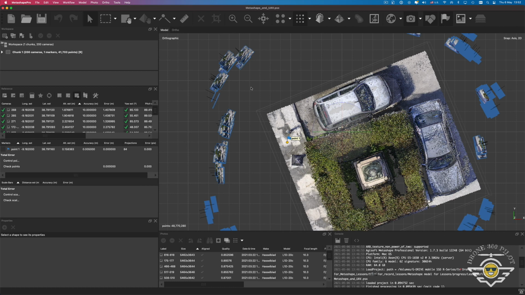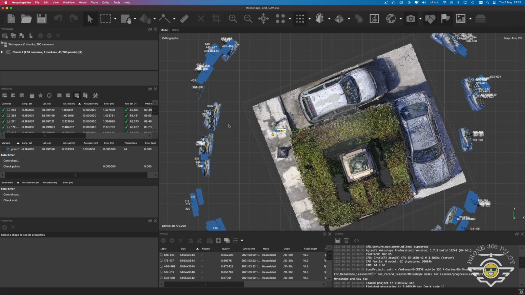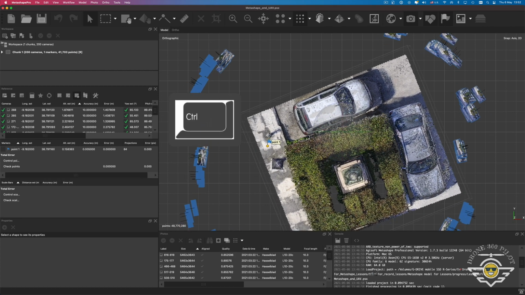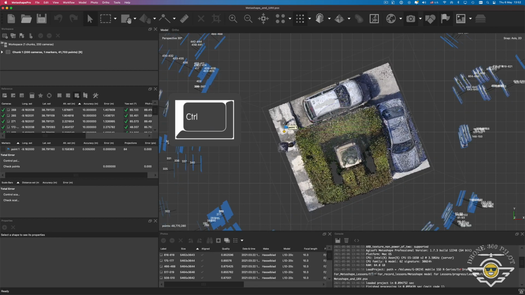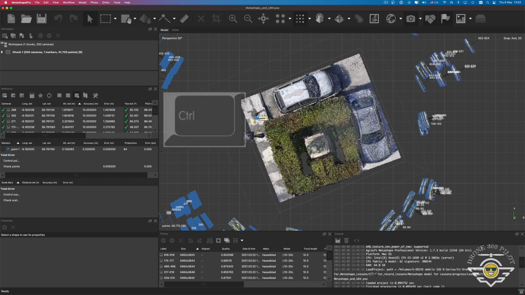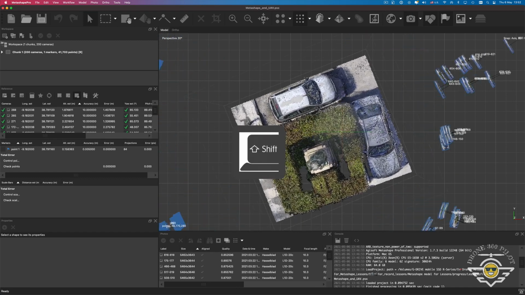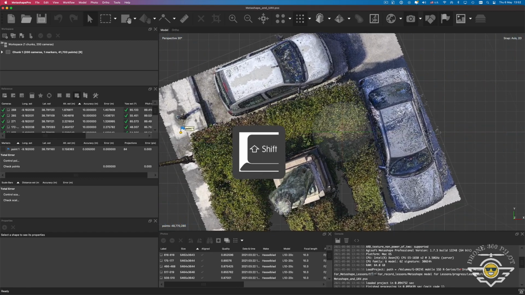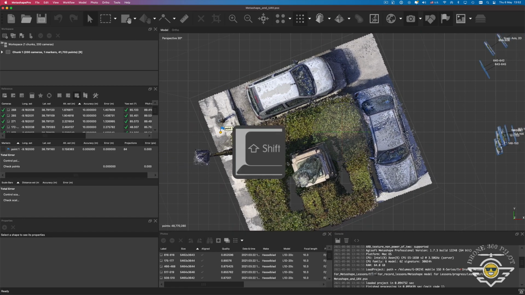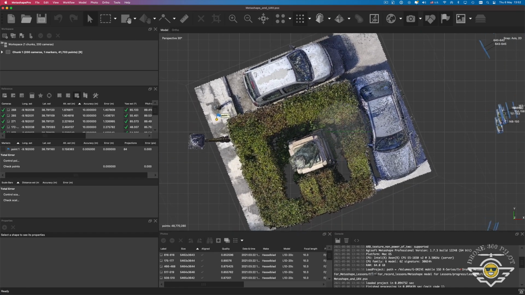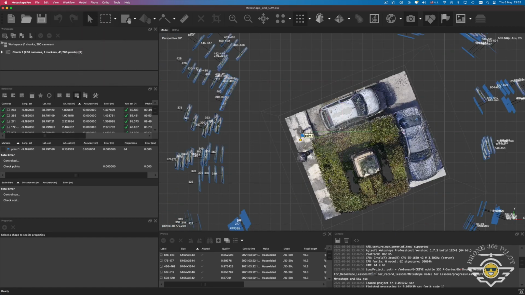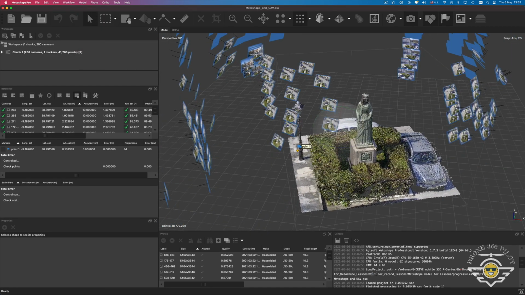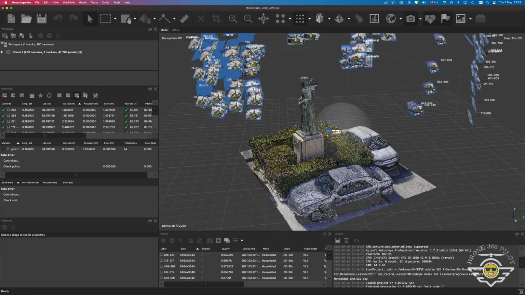Metashape supports the following tools for navigation in the 3D view. Left mouse click and control button let us activate the pan tool. As a result, we can view and inspect our model at a different angle. Left mouse click plus shift button is a quick way to zoom in and zoom out our model. By the way, if you use 3-button mouse with the wheel, all above mentioned operations can be made by pressing or scrolling the wheel without using key modifiers.